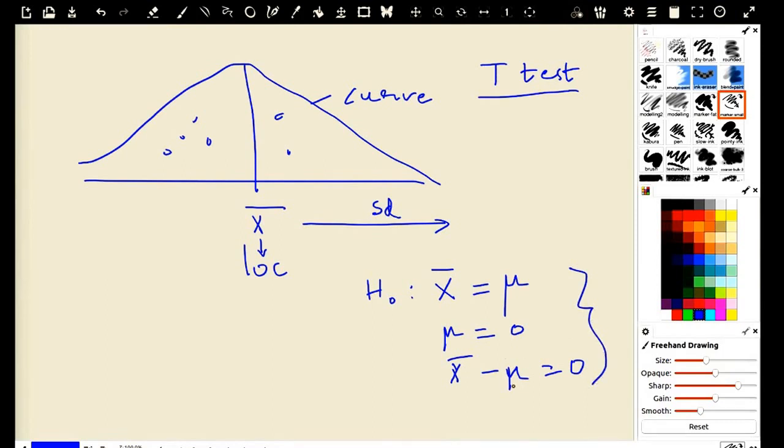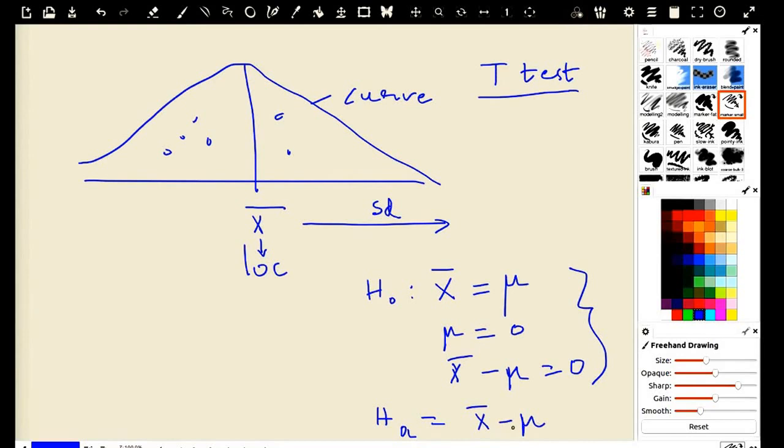The idea is we are trying to compare the sample information with the population information, and we are saying that the sample is a better representative of the population. That's it, nothing else. And the opposite of this idea is going to be the alternative hypothesis,